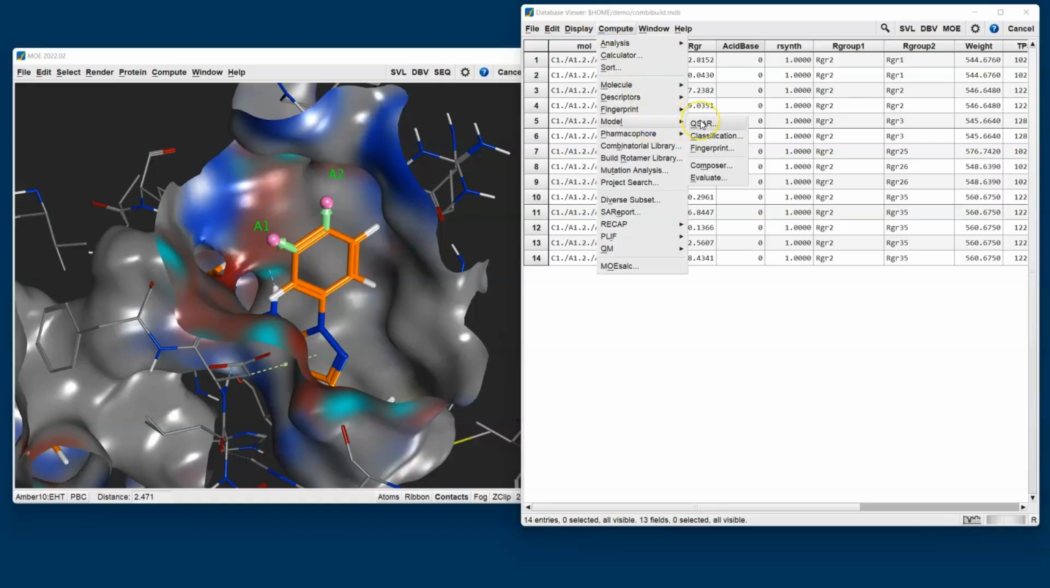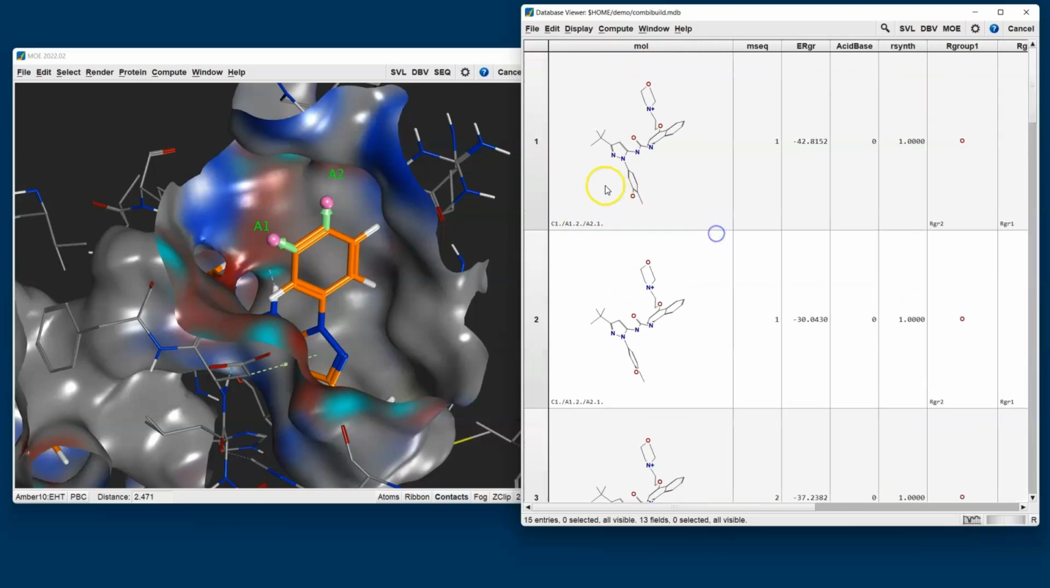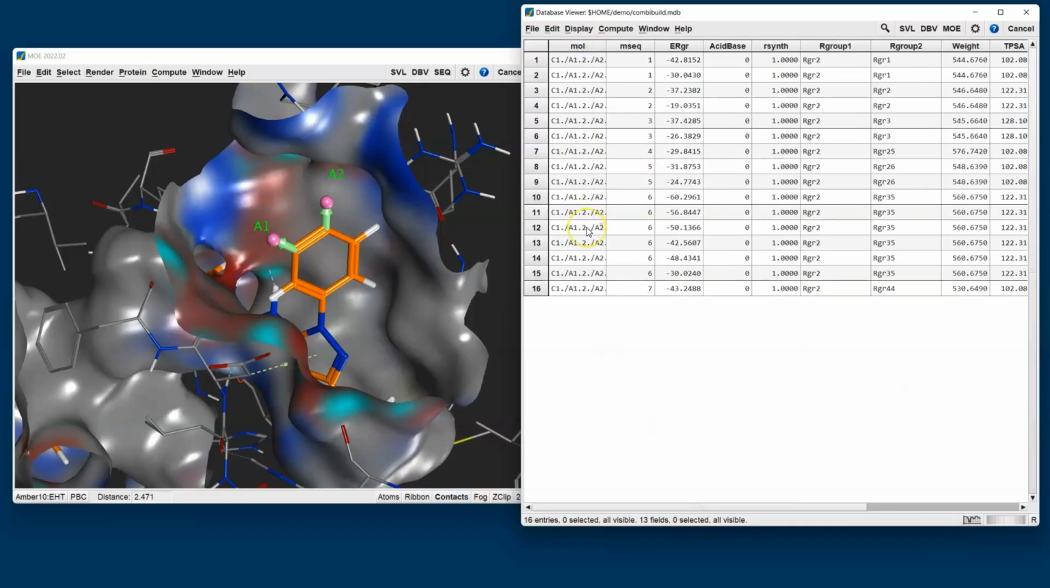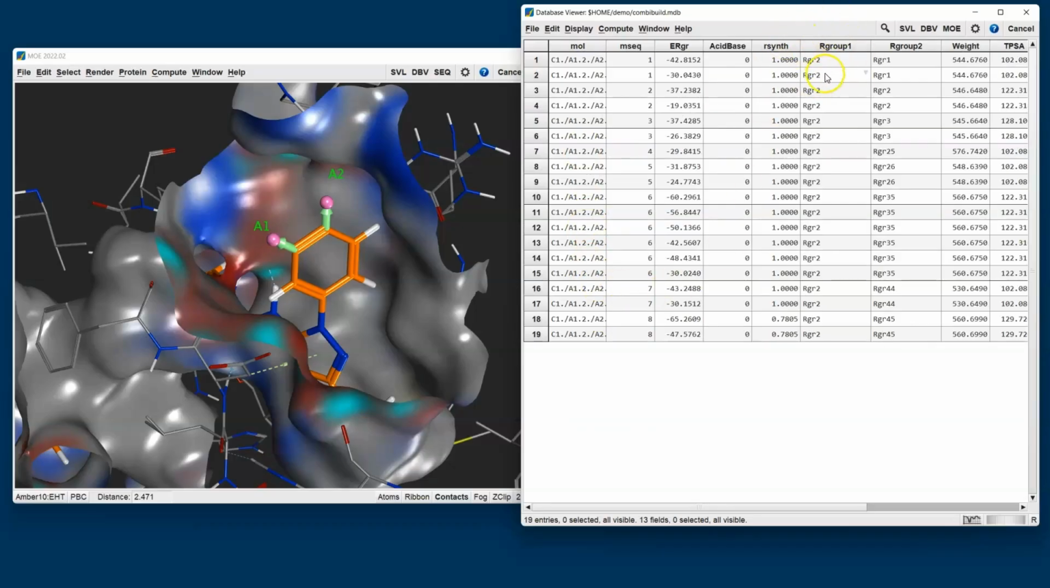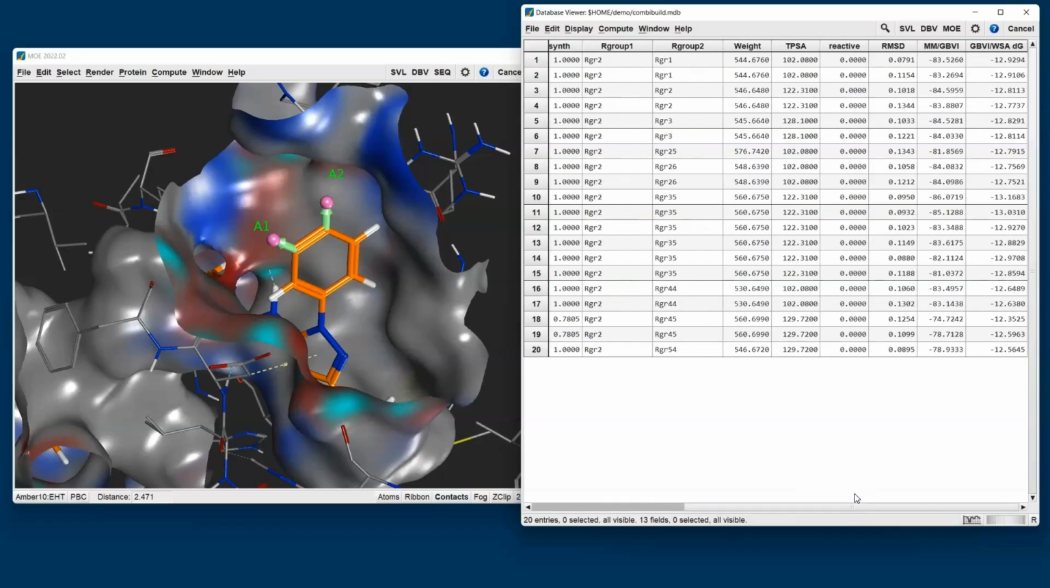So for example, here I could jump into QSAR if I wanted to. The database viewer itself looks and feels much like an Excel spreadsheet, but if I just drag the mol field open, you'll see that it actually contains the 3D structure of our newly generated structures, together with some useful information. So here we can see that we've got the different R groups associated with each newly generated structure have been written out, together with some predicted properties,